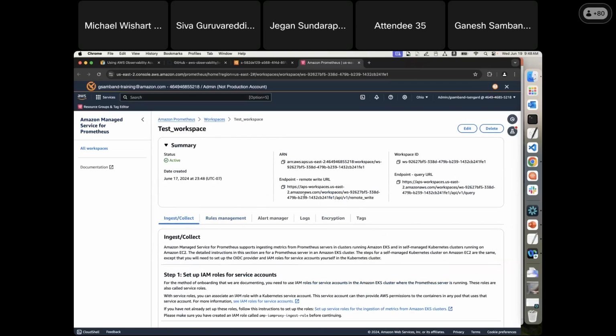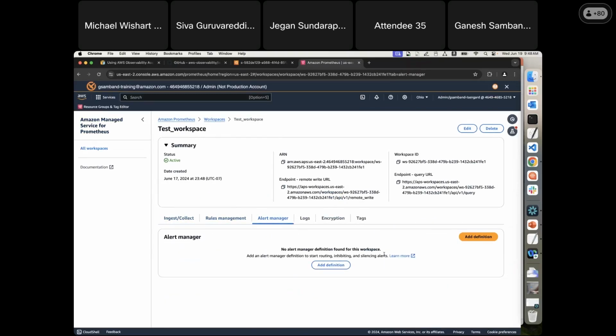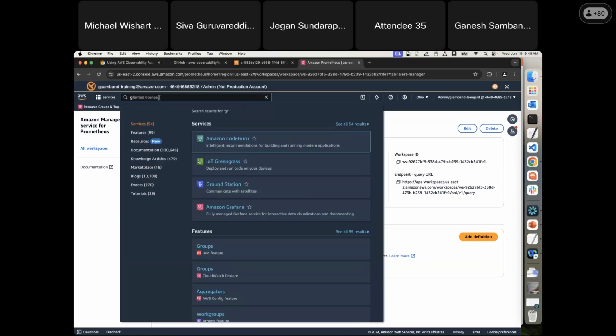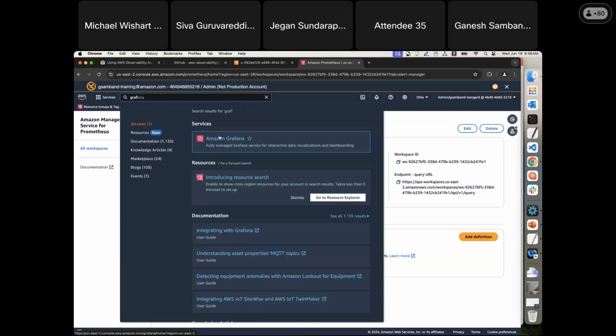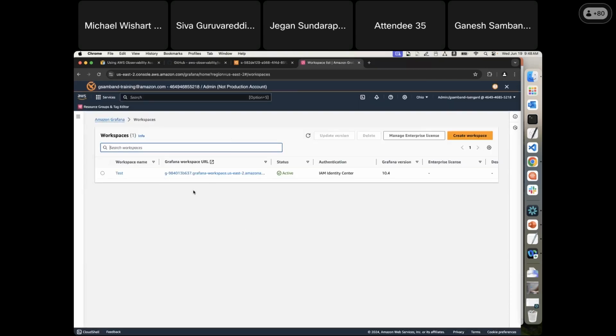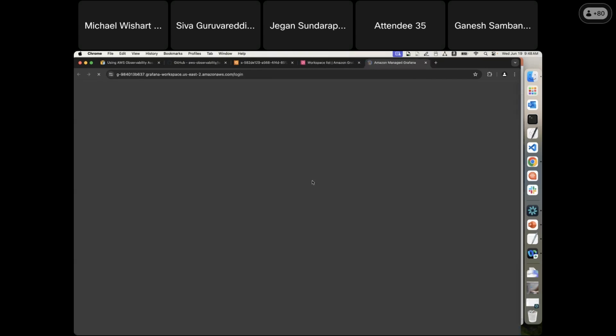you can see all the information: endpoint URL, the remote write, and all the rules management, alert manager. You can create alert manager alerts, all the information. So once you have this information and once the metrics are flowing to Prometheus, you can create or you can use existing Grafana. So you can go to Grafana. You already created a workspace one. So you can go to Grafana